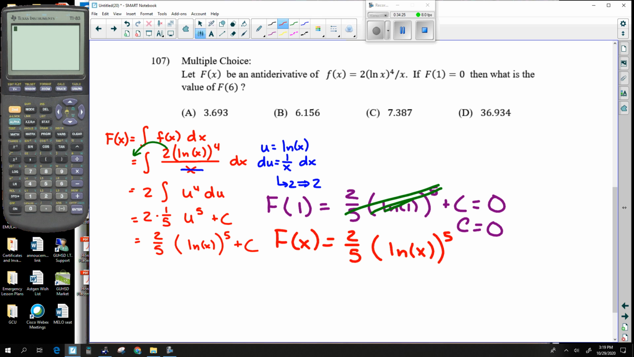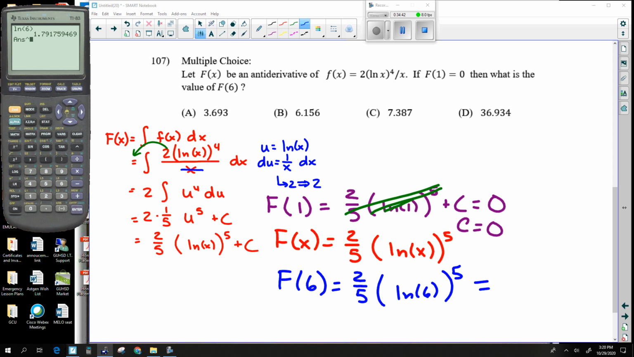And now ultimately the question that is being asked is what is F of 6? And so ln of 6 to the 5th times 2/5 is 3,868.387. Now that's